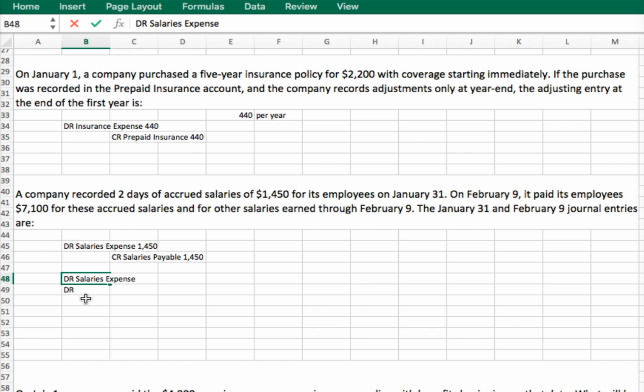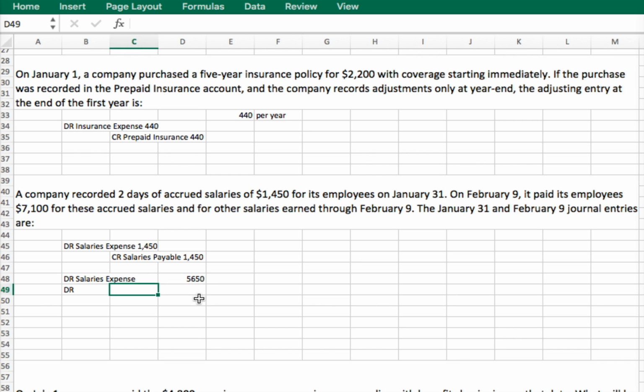So that's going to be the difference between $1,450 and $7,100. If I want to do it in my spreadsheet here, I just have $7,100 minus $1,450, and the amount there is